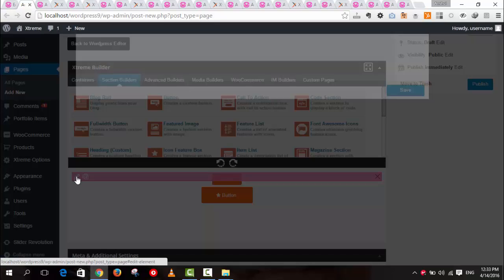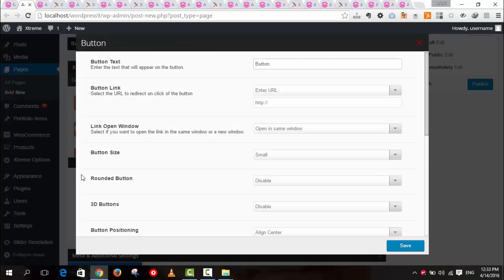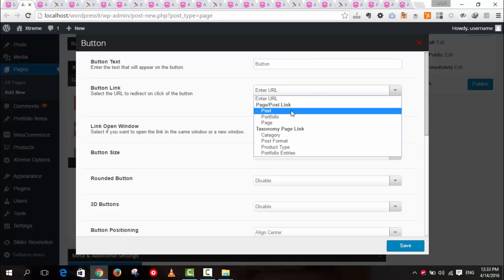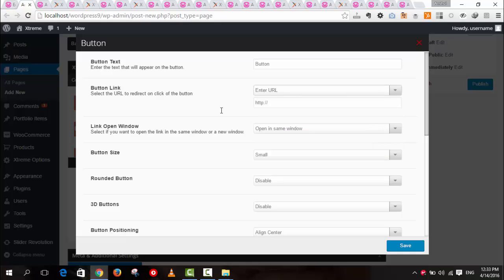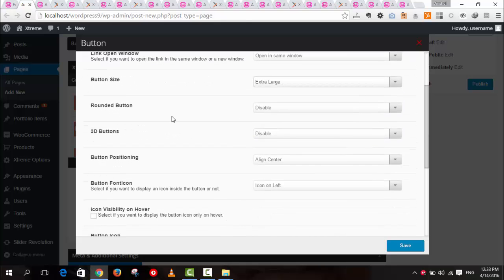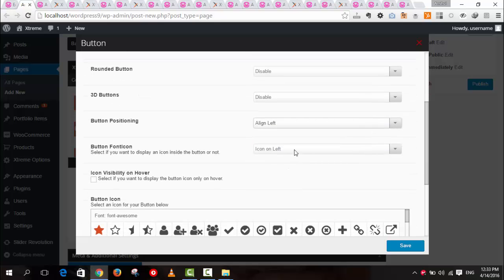Looking at the options of these buttons, what I can do is I can change the button text, I can give it a URL, I can link it to the page and post on the same blog or to a taxonomy as well. I can decide if I want to open the link in a new window or the same window. I can select the button sizes from amongst four different kind of sizes. So let me make this extra large. I can select if I want the button to be a rounded button or not, to be a 3D button, and I can select the button positioning to be, let's say, left align,